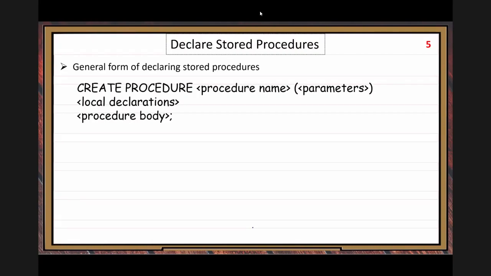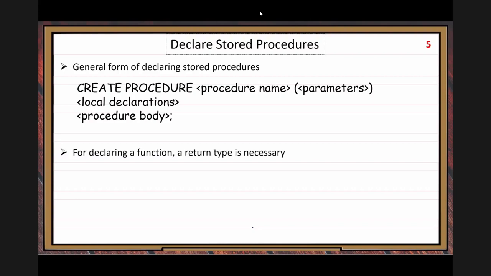Create procedure. Then you need to give a procedure name, just like a function name, because when you call it, you need to refer to the procedure name. Then input parameters, you need to pass input parameters, right? Then local declaration. Here you can see there is no return type. That's the first type.